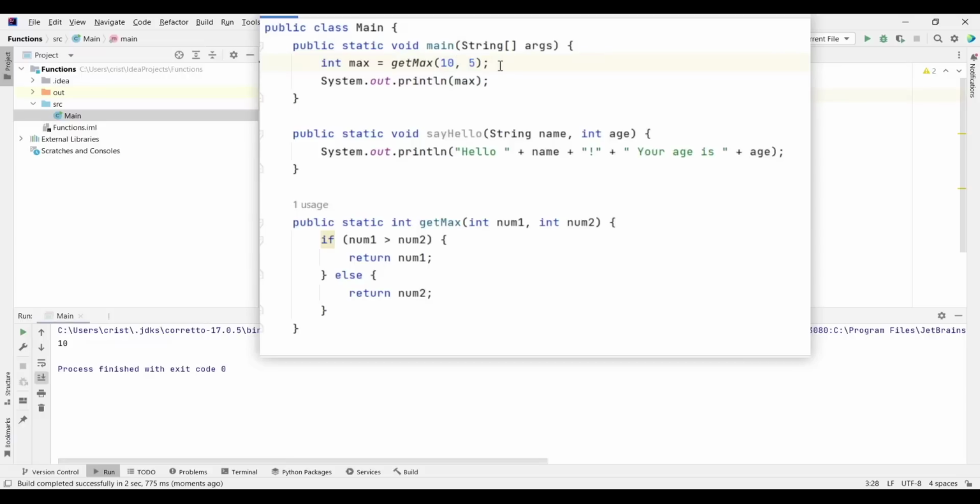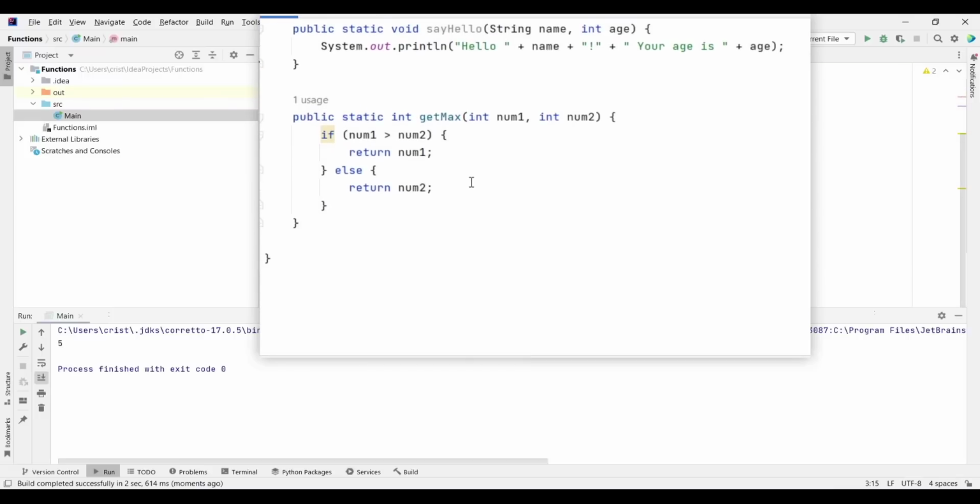And if you pass a different value here, let's say we put 1 now, and if you run this, now we get 5, because what it's doing is taking whatever values are passed here for the parameters, here and here. Then it's checking to see if num1 is greater than num2, then it's returning that number, and if that number is the one which is greater, it's going to be returned here by getMax, and it's going to be stored in the max variable. Then we're going to output that variable in the console.